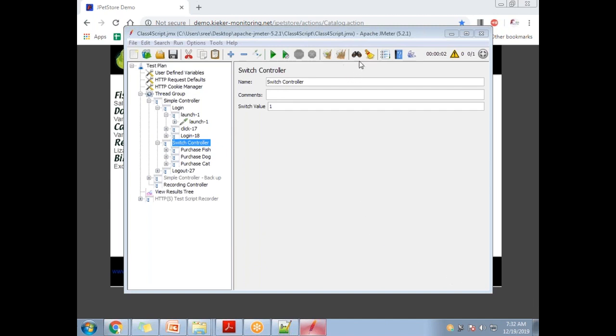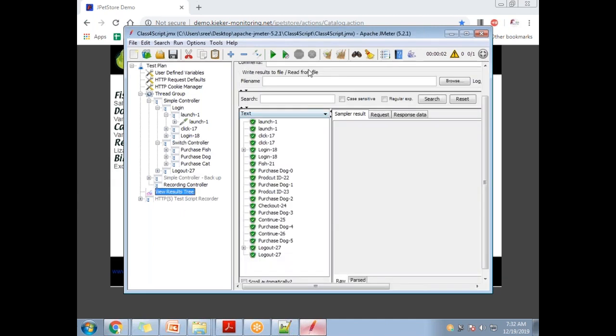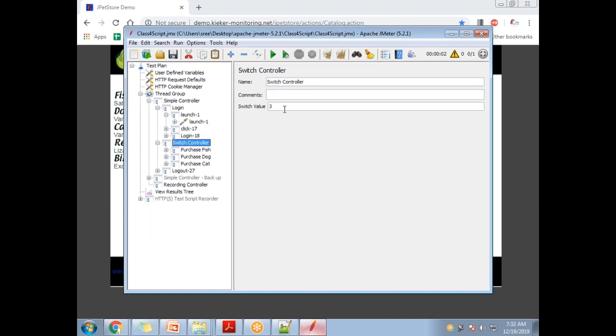So Raghu, if I give 3, as I've told you, it will come back and execute fish. I'm going to show that to you. I'll give 3. Let me clean up all this and execute this. It will go back and execute the fish value. So 0, 1, 2, 3, again 3, 4, 5, 6, 7, 8, that's how it is. If you give the value 4,